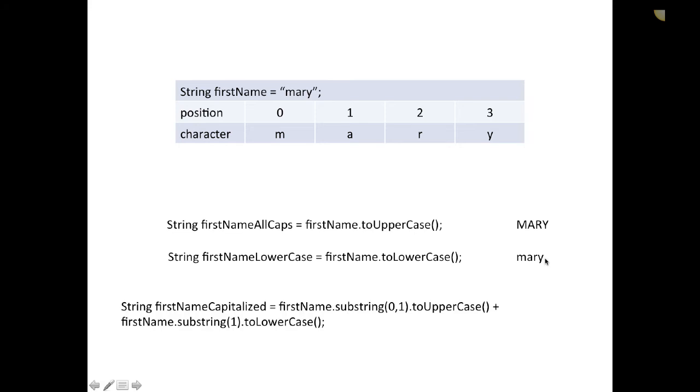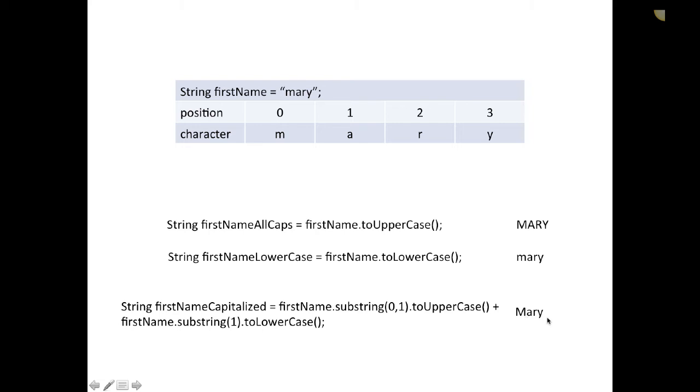I can also combine these together. So I can take a substring from 0 to 1, but it doesn't include 1, so I'm just grabbing that first character, and I'm taking it to uppercase. And then I'm grabbing first name from 1 on and taking that to lowercase and sticking it all together. So I would end up inside the first name capitalized variable with Mary, with the first letter capitalized and everything else